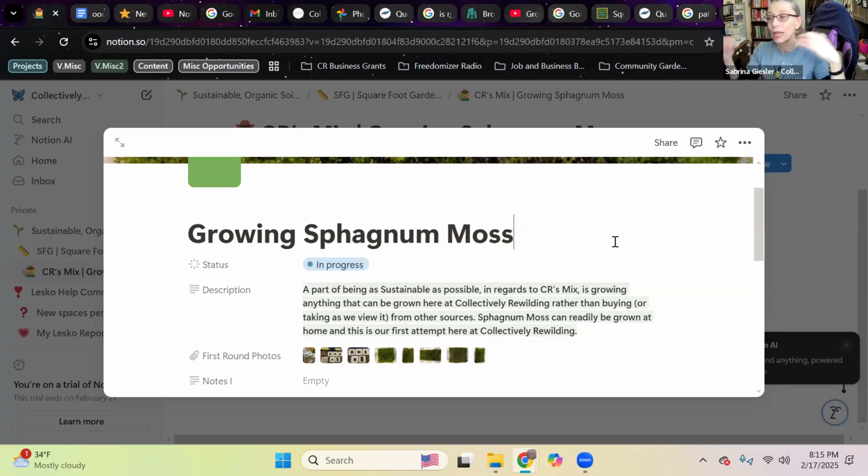Anything that we can actually do here on Collectively Rewilding where we don't have to take any resources from outside environments is our main goal. When we get our Walipini, or partially underground greenhouse, built, if we're able to have a water feature in there, we maybe have some tilapia or crawfish or freshwater snails. All of those are possibilities. We may also try to have rice paddies, almost as an experiment on our small space, where we would then follow it through to end up with our own rice holes.